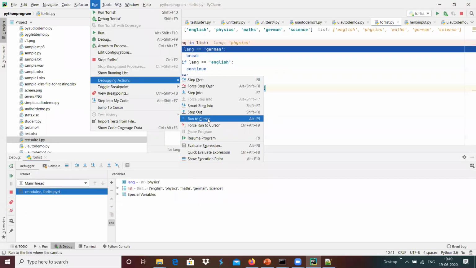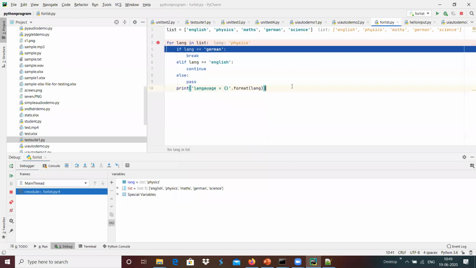And instead of putting a breakpoint, we can put a cursor over here and run to cursor, which means that the program control stops at the time the program control reaches the line where the cursor is present over here.